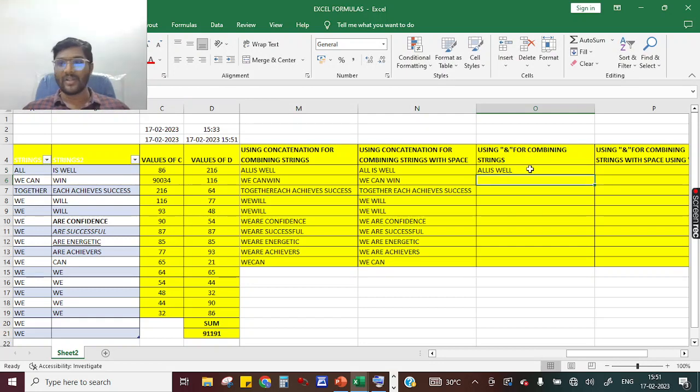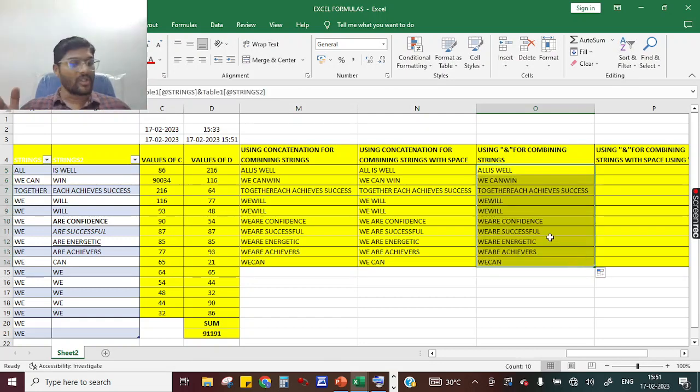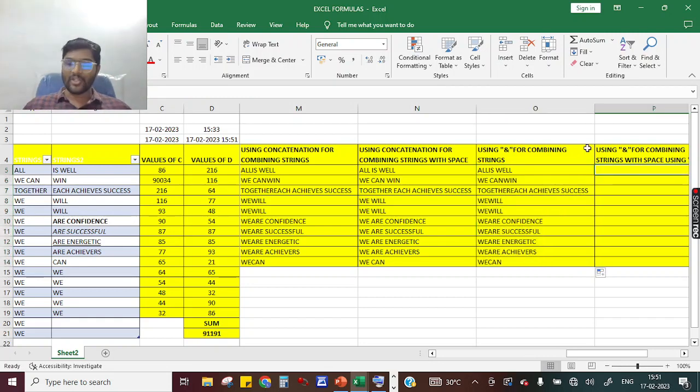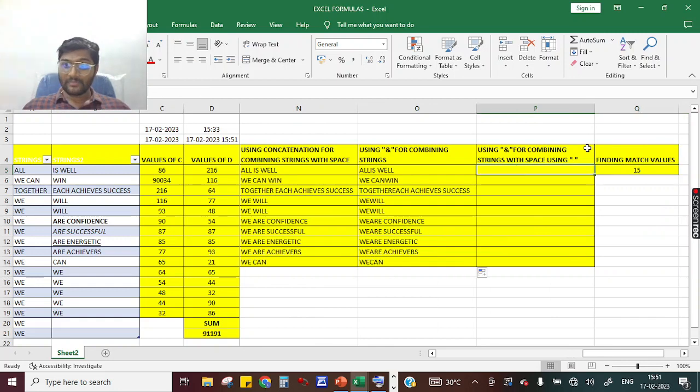See here, "all is well" got printed, and if you want to perform it for all, just drag it. So it also performs a concatenation operation, the simplest way of performing the concatenation operation. In the same way, when you are using the ampersand symbol to perform concatenation, there won't